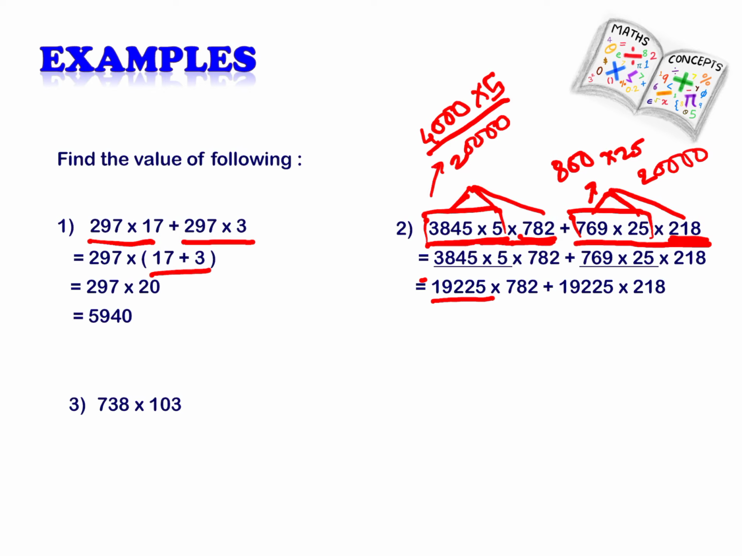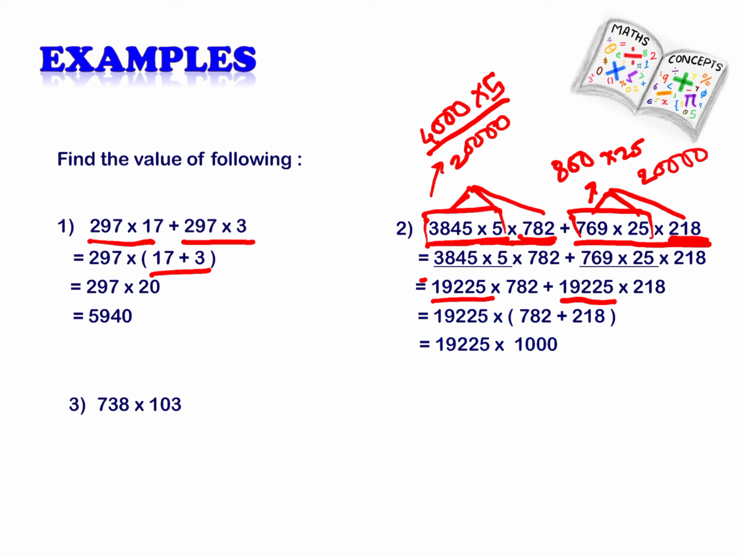Okay, 3,845 into 5 is 19,225. Similarly, 769 into 25 is 19,225. Okay, now we have got the same number on both sides of the plus sign. We will bring it to the left and then we will add the remaining numbers, that is 782 plus 218, which gives me